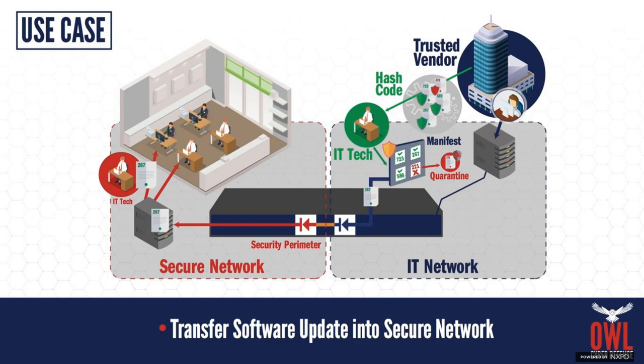It can run checks against file extensions, file types, do ASCII checks. There's a variety of checks that can be run, and it's really up to the operator to decide what they do and don't need to check on a particular file. Once that file has been verified, that it's allowed to go across, it'll transfer across the diode and then be ready on the inside for whatever it needs to be done. If it doesn't pass the checks, then it's quarantined or automatically deleted. It's really up to the administrator to decide what to do. But in this way, you've got a one-way in only, and you're vetting that file before it ever crosses the threshold into that environment.